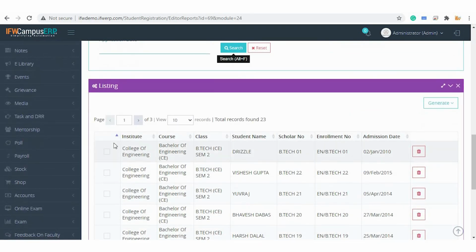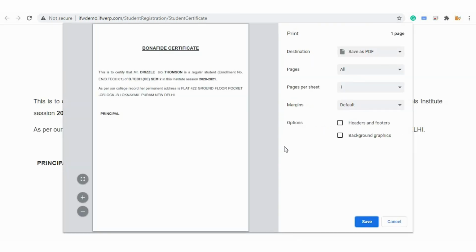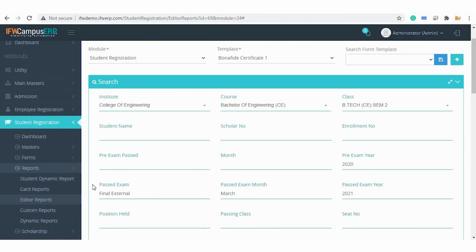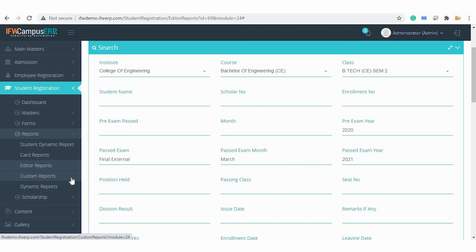Click on search. All the students will be listed here. Select the student for whom you want to generate the certificate and click on print. The certificate looks something like this. You can also modify these templates using the editor template in the main masters.